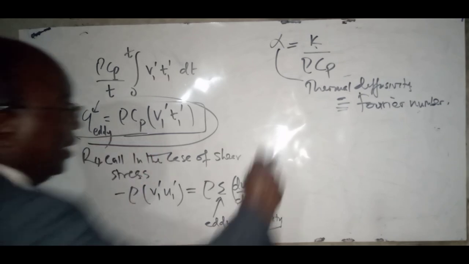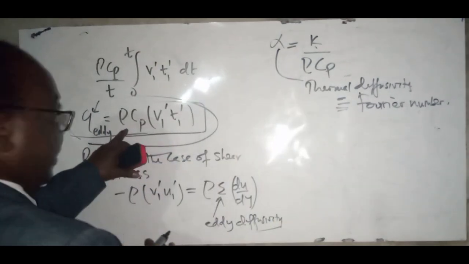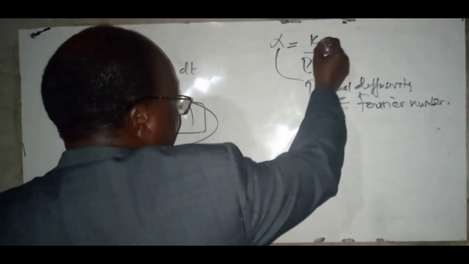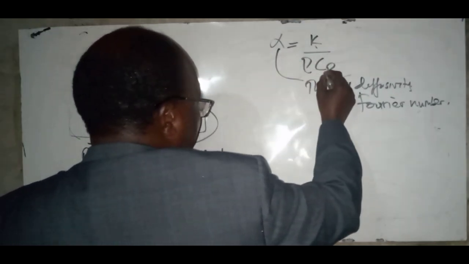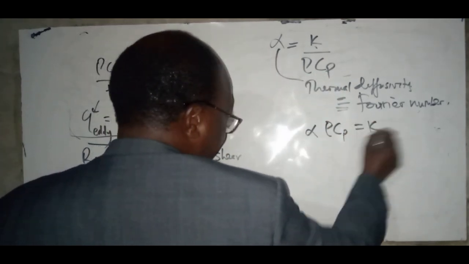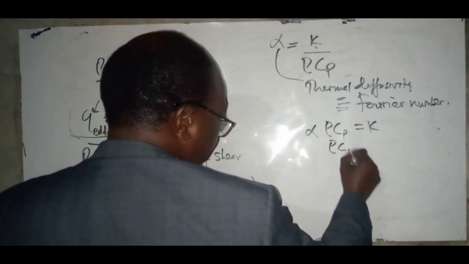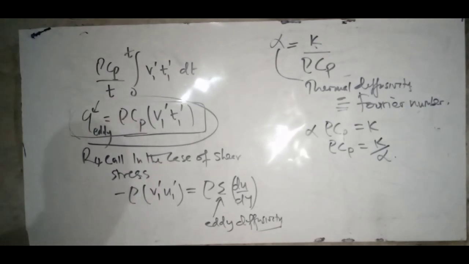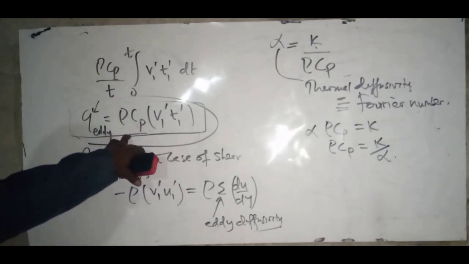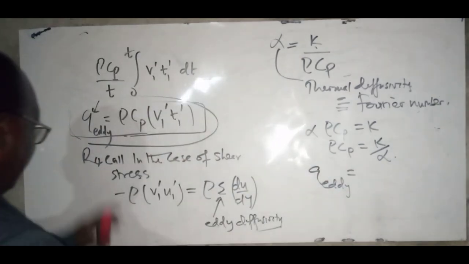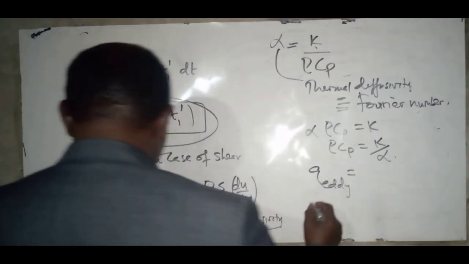Instead of rho Cp, because alpha is thermal conductivity over rho Cp, alpha rho Cp is equal to K, and so rho Cp is equal to K over alpha. So we can plug that in this expression so that Q is now rho Cp